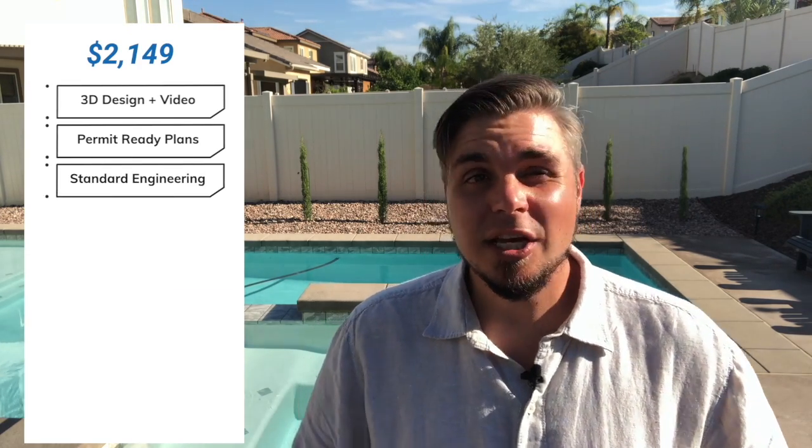All right, so we've gone through all the steps to building your own pool, and you're probably wondering, well, how much does this whole thing cost? So our homeowner builder package costs $2,149. And remember, that includes your 3D renderings, your video walkthrough of the project, your permit-ready construction plans, your standard